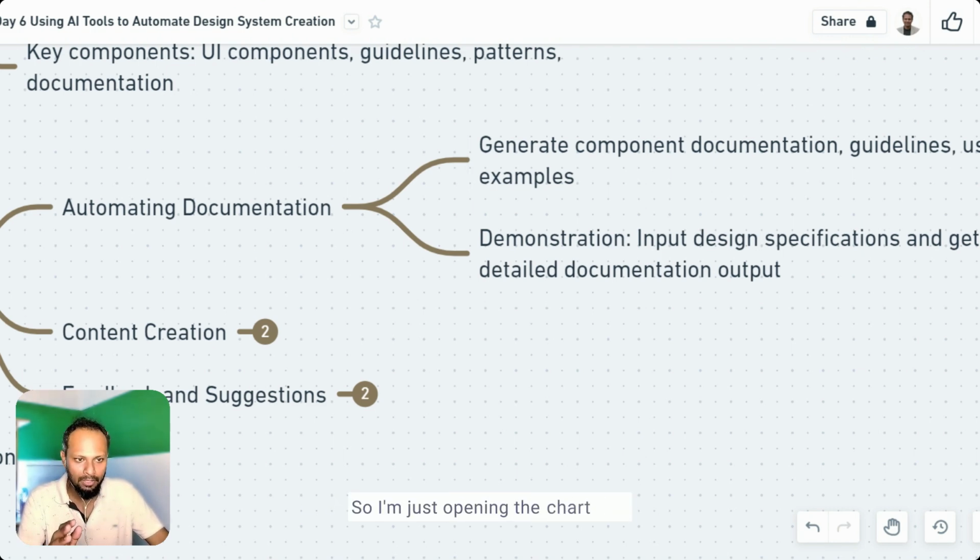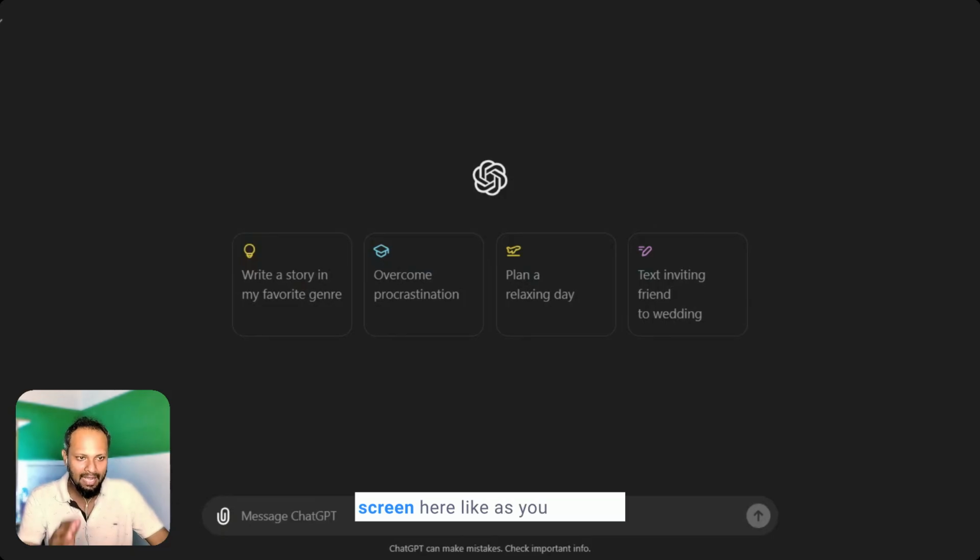I'm just opening the ChatGPT screen here, as you can see. You can use a command called Windows H, which will enable voice typing. If that is not enabled, go to your settings in Windows, and if you are using a Mac, the shortcut would be different because it's customizable there. So try it out, because if you keep on typing, it will take a lot of time. So I'm just trying to say,